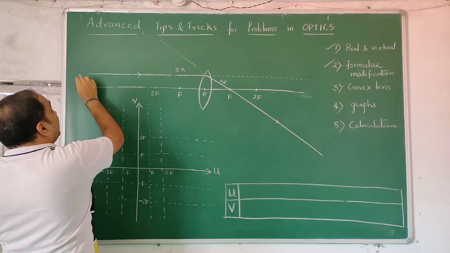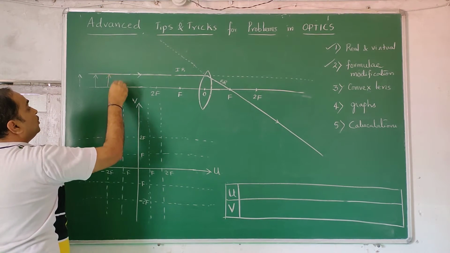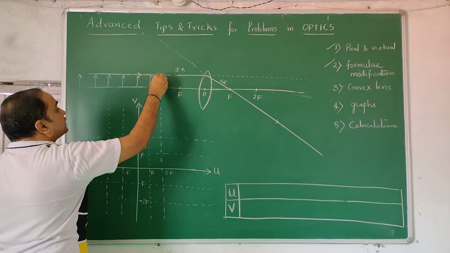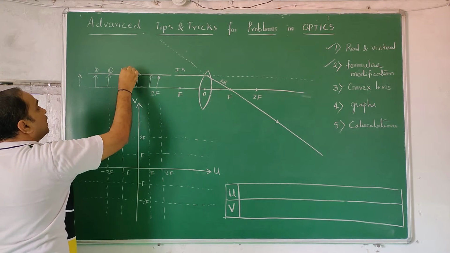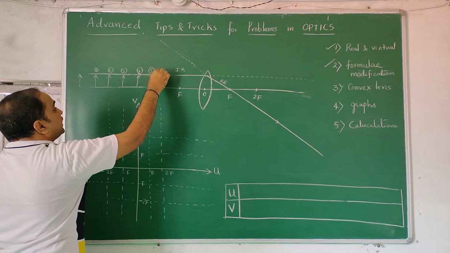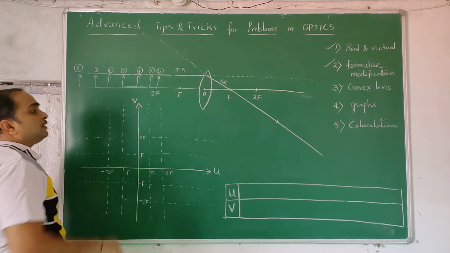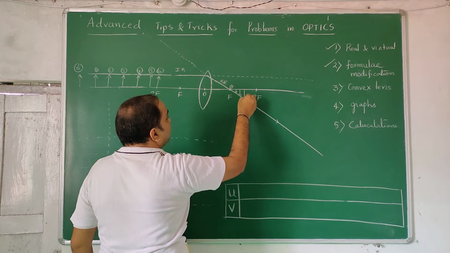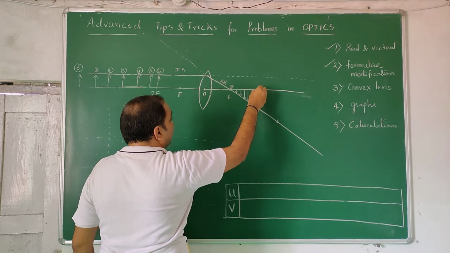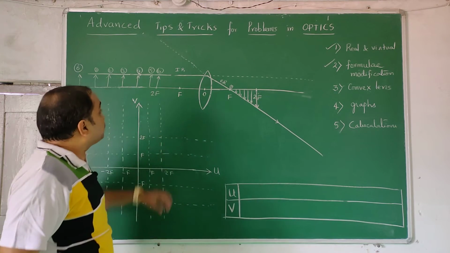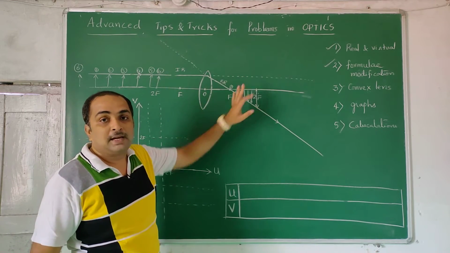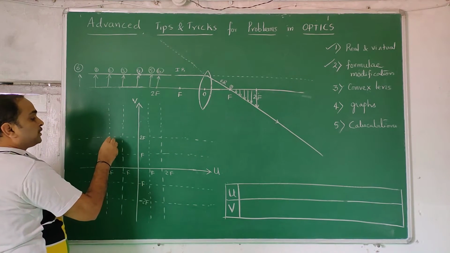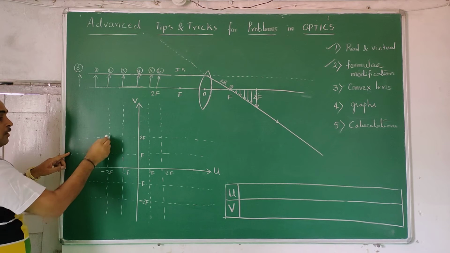As the object comes closer, I am taking multiple objects, 1, 2, 3, 4, up to 2f I bring 5, and exactly at 2f I bring 6. So I start from 0, that is infinity, the 0 image comes here. Next come 1, 2, 3, 4, 5. The sixth image will be exactly at 2f. So object height and image height coincide at 2f. When object distance is 2f, image distance is also 2f. This is the point. Started from minus infinity, arrived here.